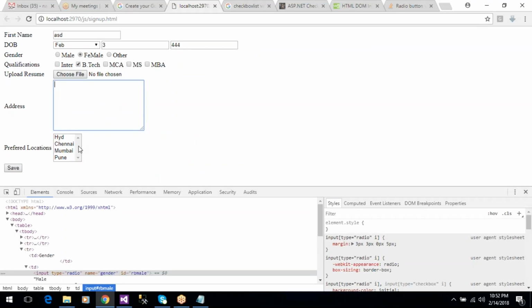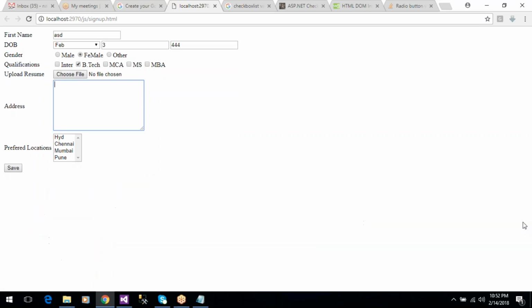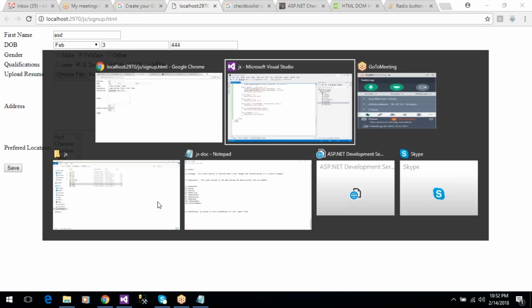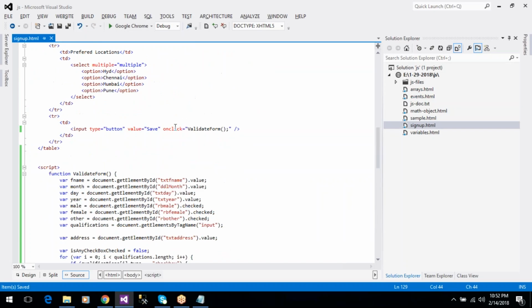So if all fields are required fields, we have to write the validations. If all fields are not required, you can leave the fields like this, like a resume upload, and prefer locations. For checkbox also we have to write like this,